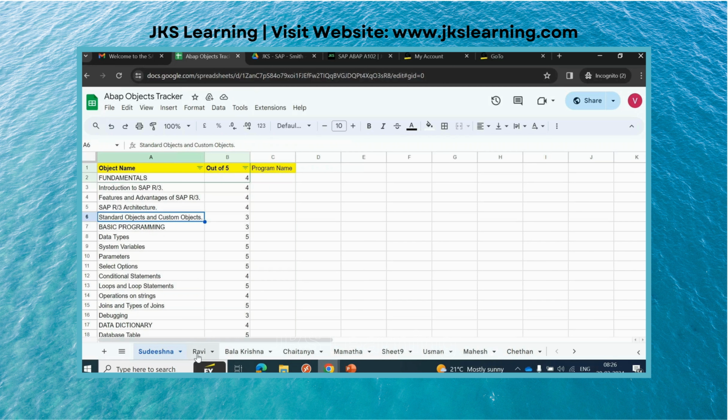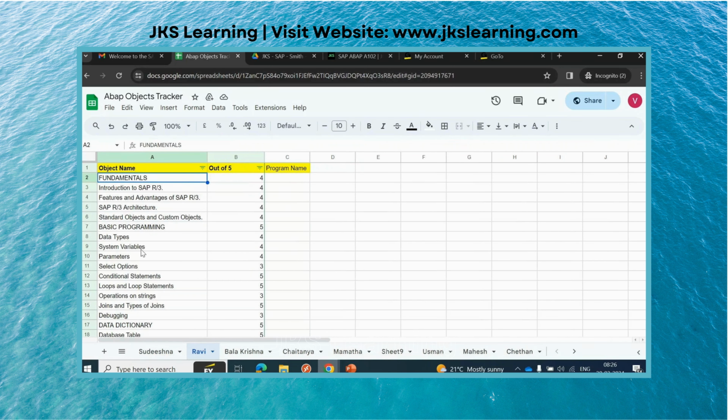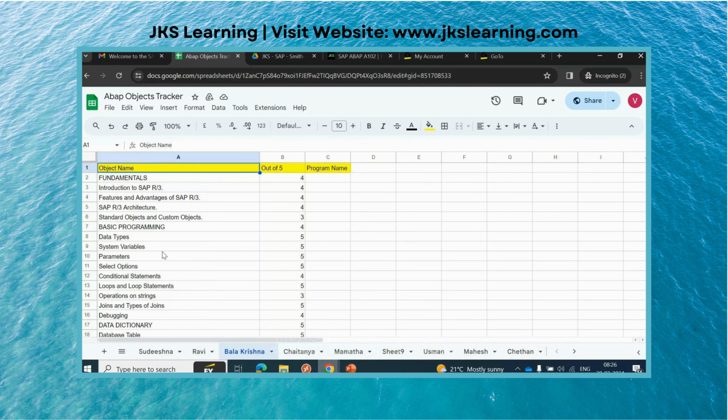You can see Ravi also added all his topics and rated himself, then Balakrishna also.